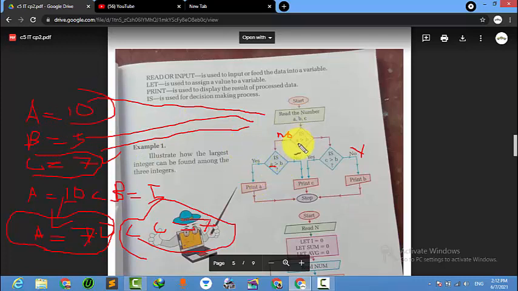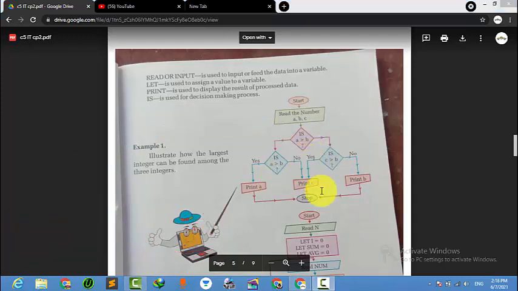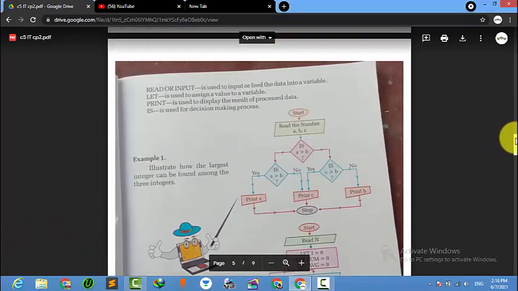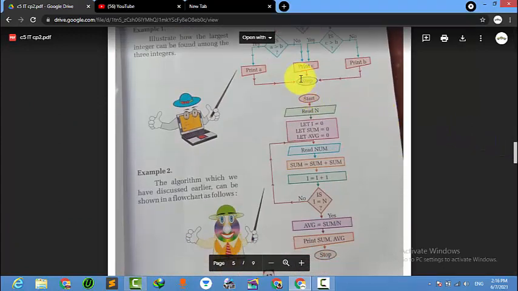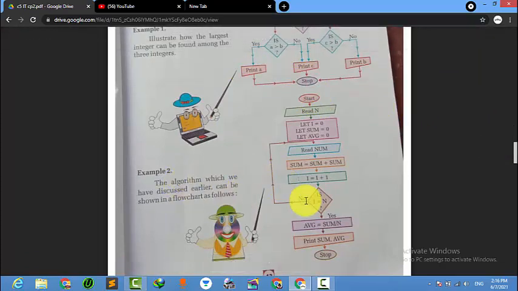If we print here, the first condition says that a is greater than b, then c is greater than b. So similarly it will check the conditions. At last this one is found. Stop. We have found this one, right? So the algorithm which we discussed earlier is called this.